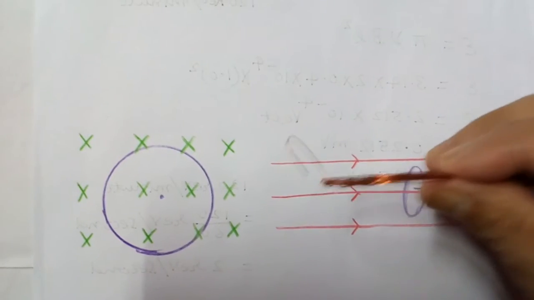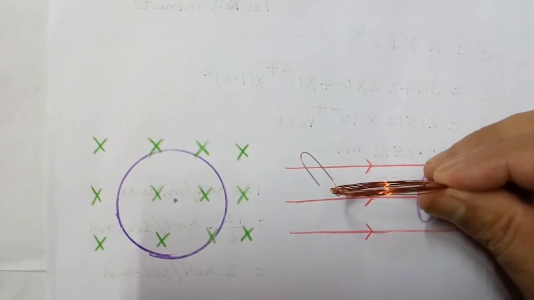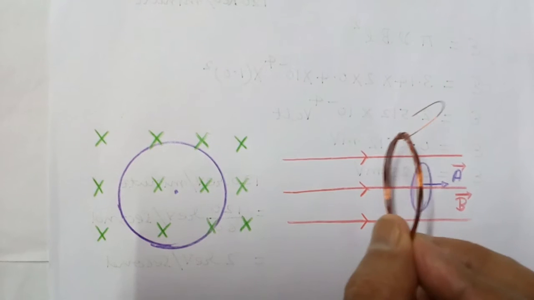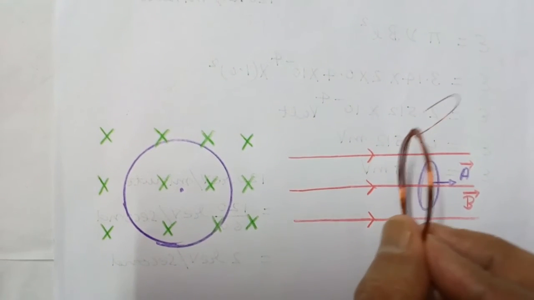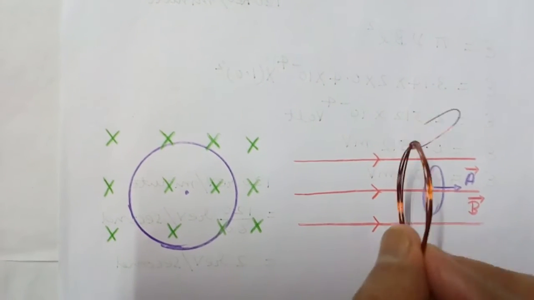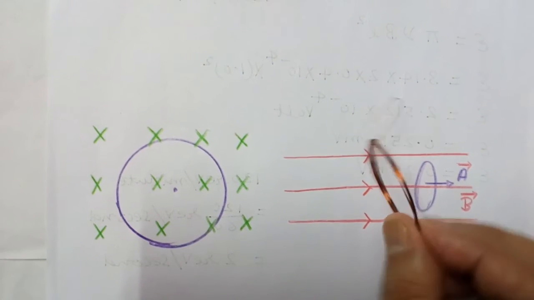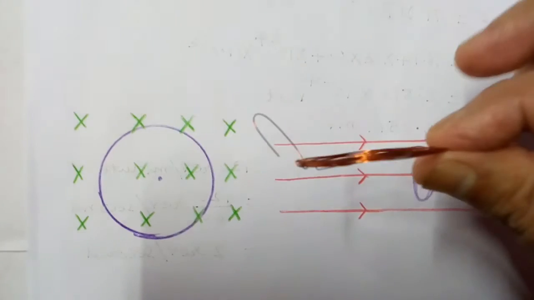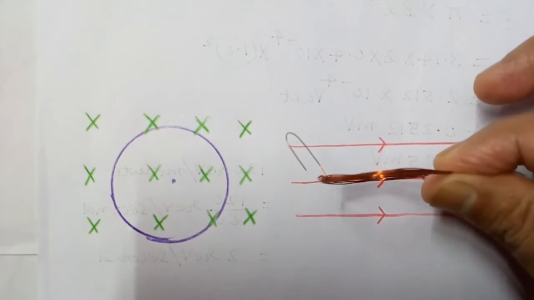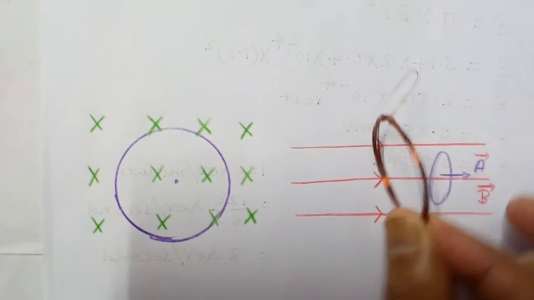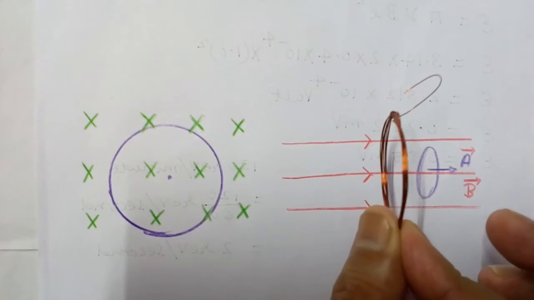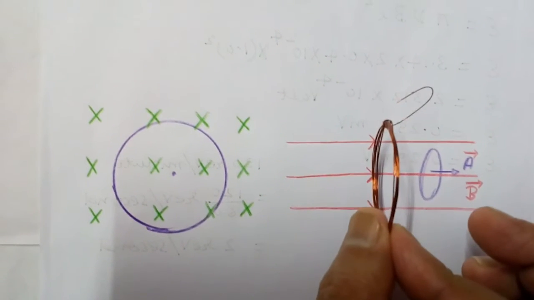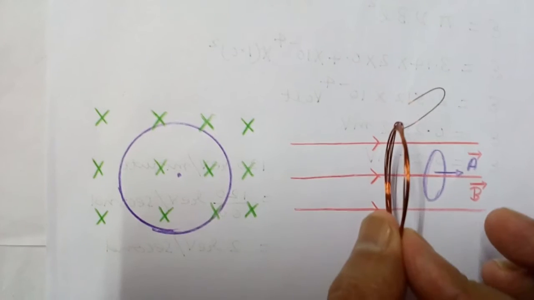Now if you keep this coil parallel to the magnetic field and then from this position rotate it through 90 degrees, then in this case EMF will be negative. When this coil is kept perpendicular to the magnetic field and rotated through 90 degrees, then EMF is positive. Now if you keep this parallel to the magnetic field, then initial flux is 0, and then rotating it through 90 degrees like this, the magnetic flux is maximum. So here the difference of magnetic flux will come positive, so the EMF induced will be negative.